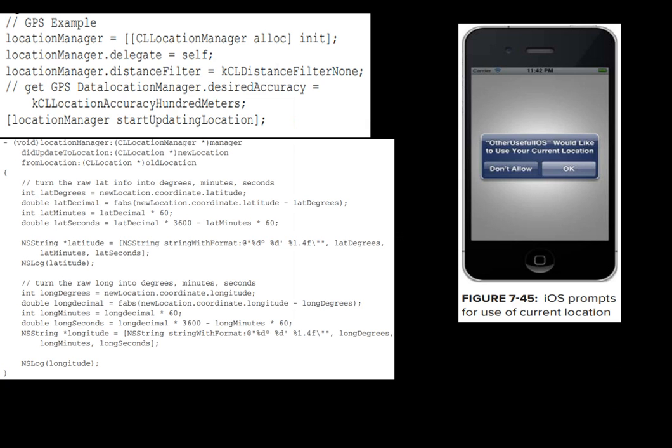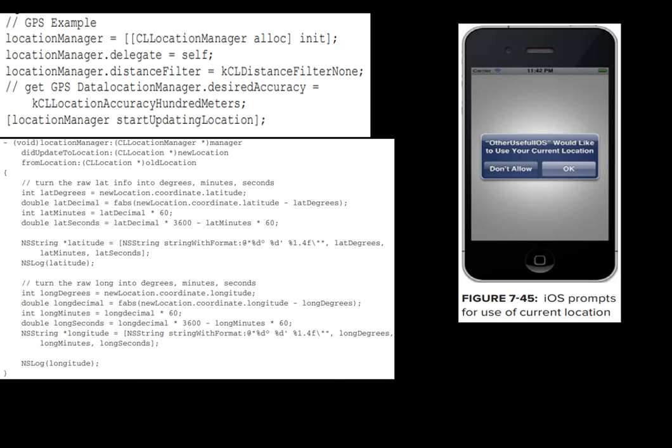Again, we have a small set of code given to us with respect to GPS, with reference to the Core Location framework which you have already added. Go to Build Phases and then to the Core Location framework, and click on that. After doing this, we are ready to move on with the GPS functionality.